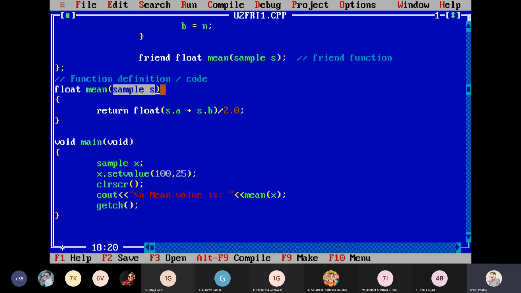I have shown in the properties in the PPTs that I can pass the object of the class directly to this friend function. F2 to save. F9, control F9, and the answer is 62.5, because we have 100 plus 25, 125 divided by 2.0. So it is showing the correct mean value. No issue. Okay, is it clear to all?